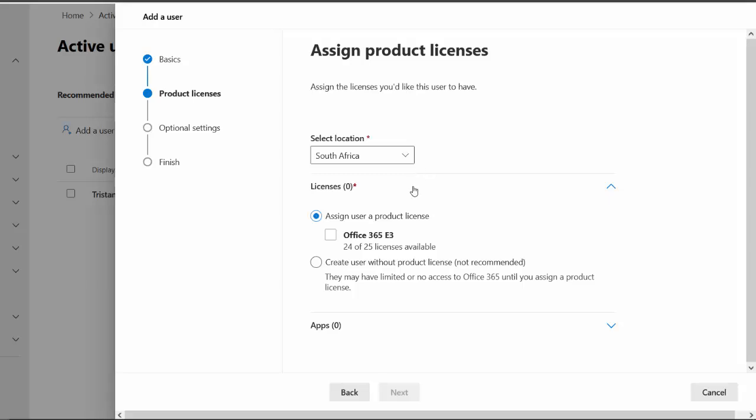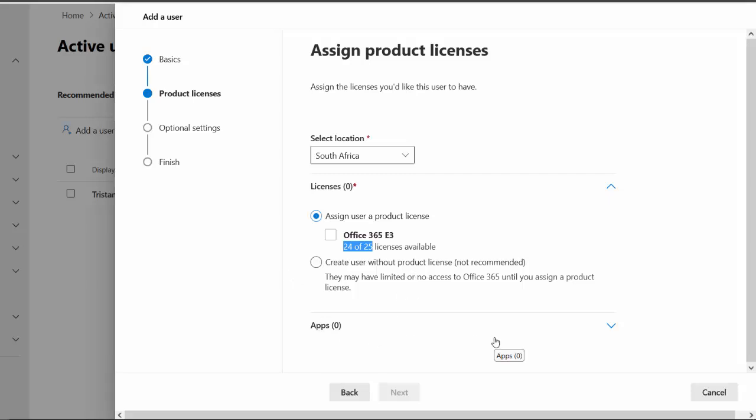What you need to keep in mind here is it shows you how many are available out of those. You can see mine currently says 24 out of 25 are available. Now, where do you suppose the other one went? It went to the main global admin account, the one that said Tristan Blank at the back. So I've got 24 left. Realistically, I've worked with hundreds, if not thousands of companies, and 9 out of 10 companies I go to have